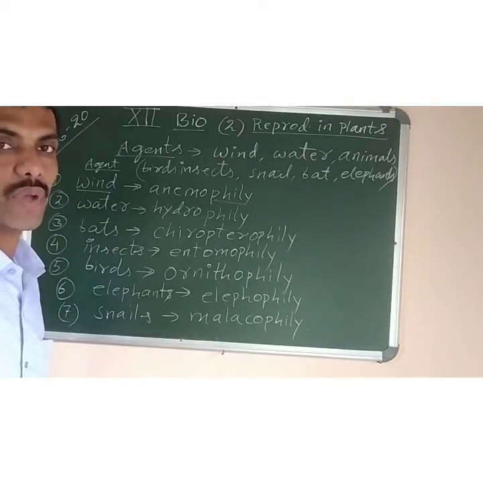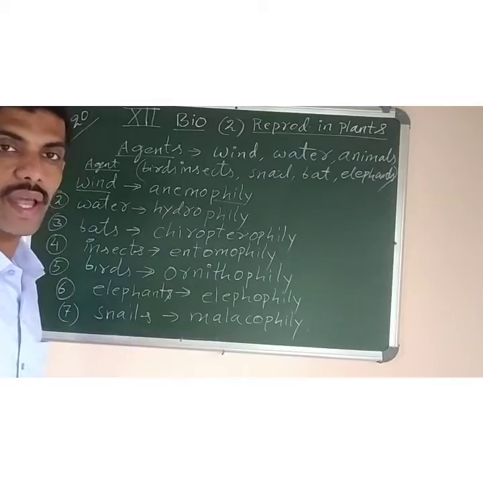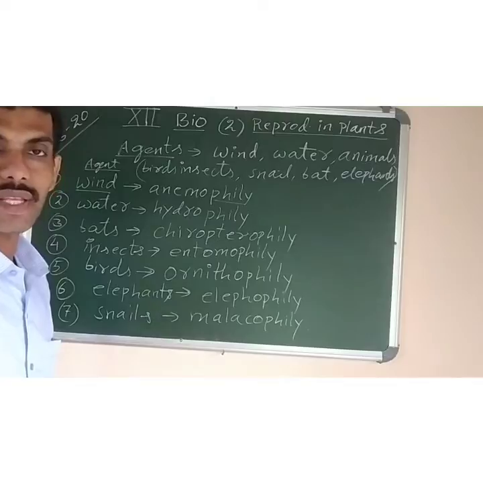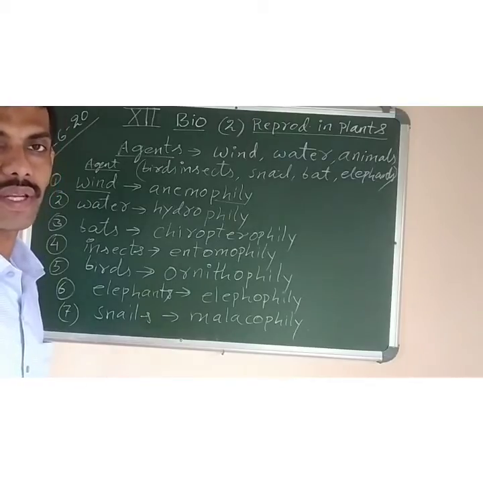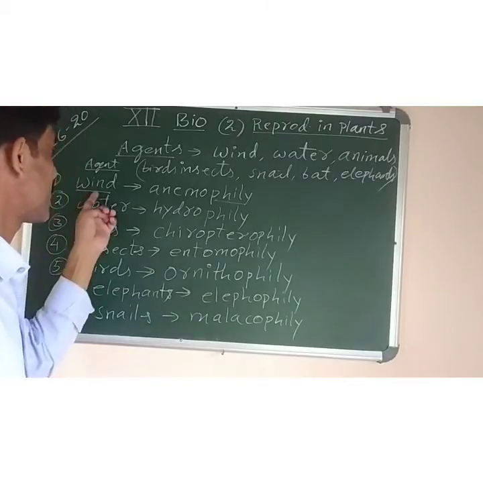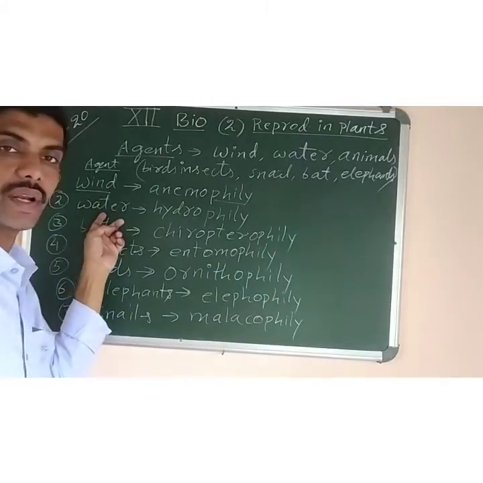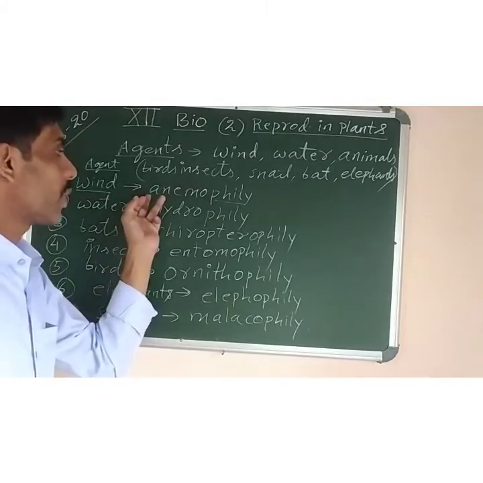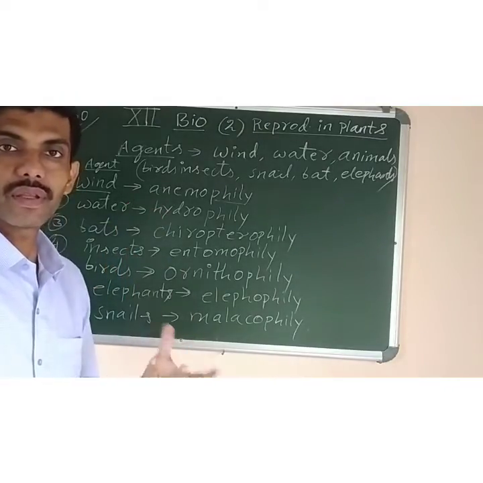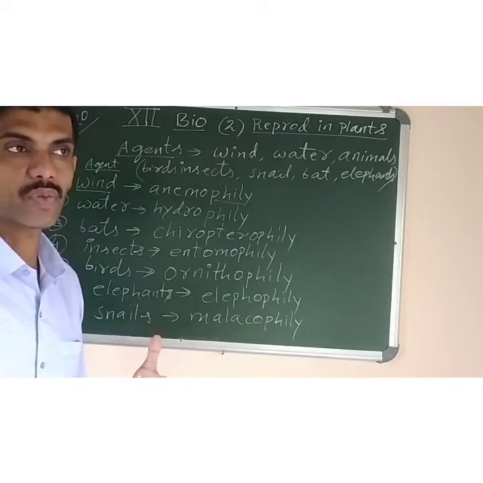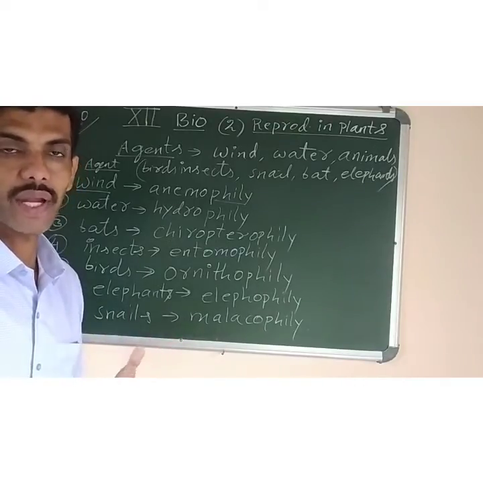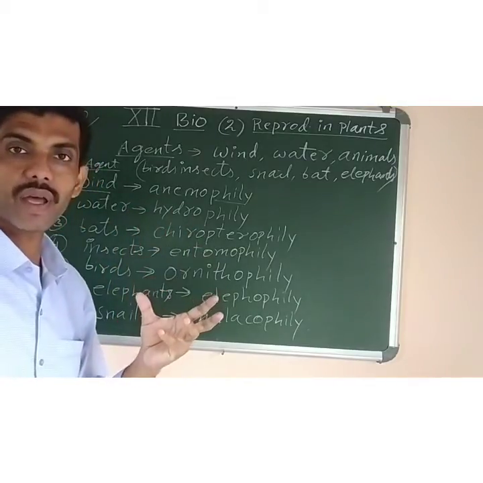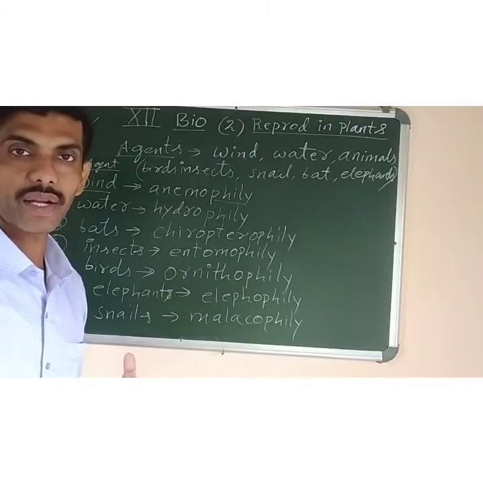of the pollens are wasted while they are being carried from one place to the other, they may fall in places where the flowers are not present. So that causes wastage of pollen grains. That's why wind and water pollinated flowers produce large quantities of pollen grains. And wind pollinated flowers have anthers which can easily burst open to release the pollens into the atmosphere. They have a very sticky stigma which can receive the pollen grains at the time of